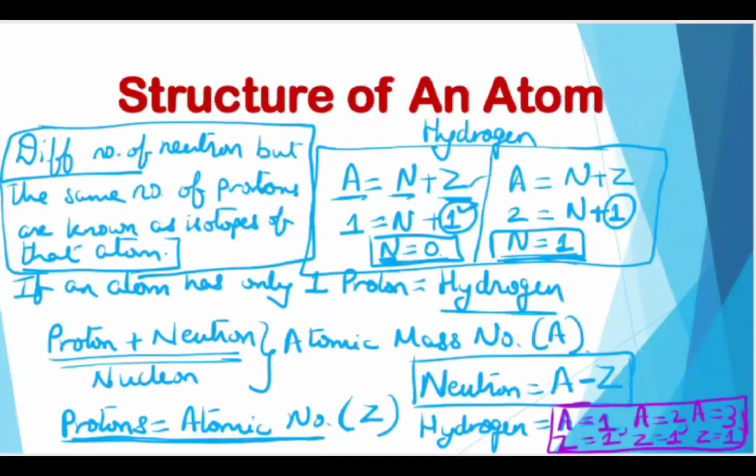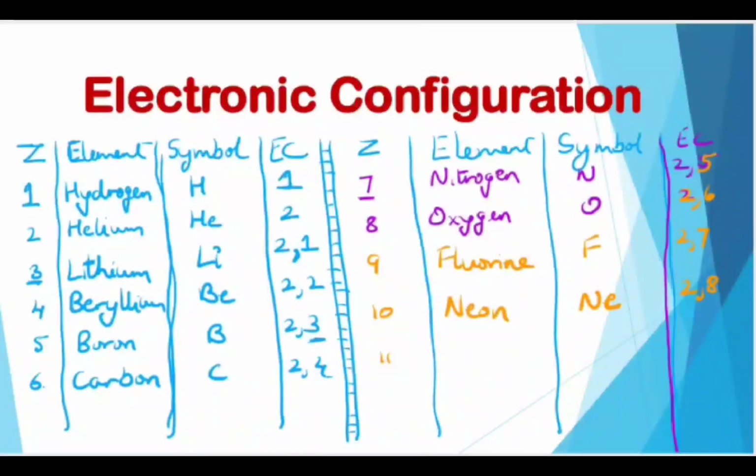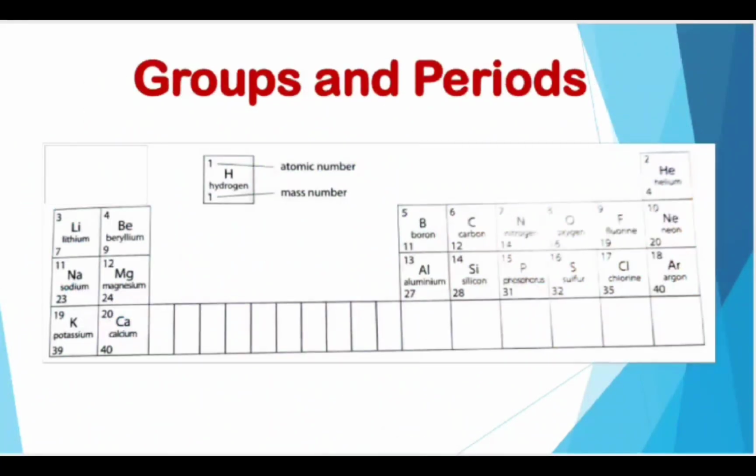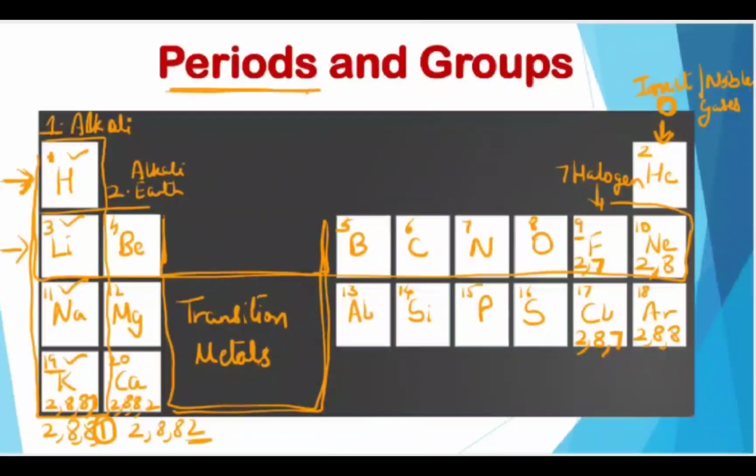Till now we have finished talking about the structure of an atom, the atomic number and the placement of electrons as per their orbits or shells. We've spoken about the formula of 2n square and accordingly listed down the elements with their electronic configurations. Moreover, we've done the periodic table and the groups.